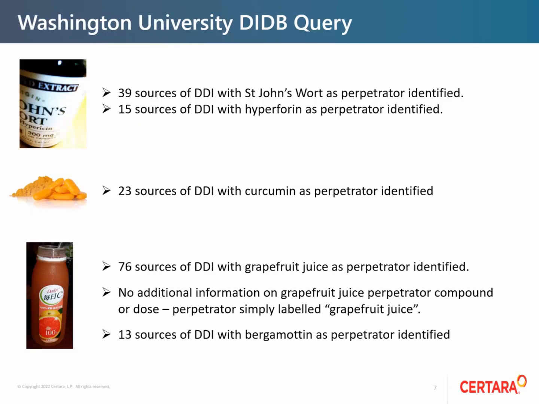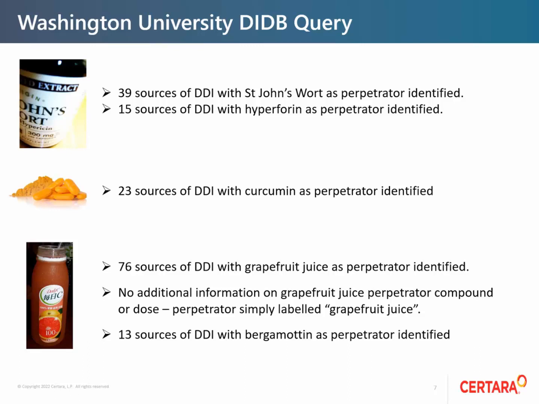So first, I wanted to try to identify the knowledge that was available and common features that were also available in terms of the significant interactions perpetrated by herb and food compounds, through querying the Washington database of DDI. A moderate amount of data was identified, and you can see that generally, if you have a very specific